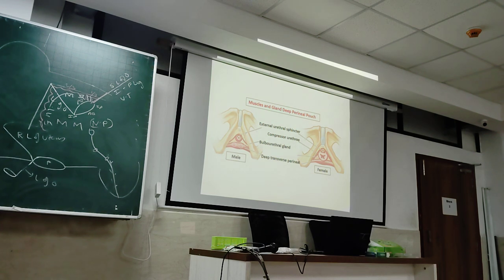The urethrovaginal sphincter could also be considered as a part of the pelvic diaphragm, a part of the pubovaginalis, but this part is not attached. Some parts of these fibers are not attached to the pubis. That's why pubovaginalis would be incorrect. They are just surrounding the urethra and vagina, the urethrovaginal sphincter.